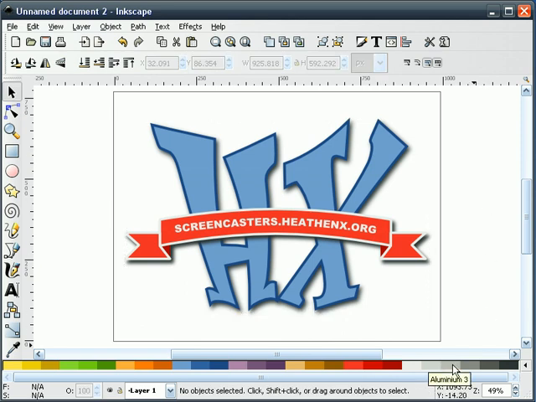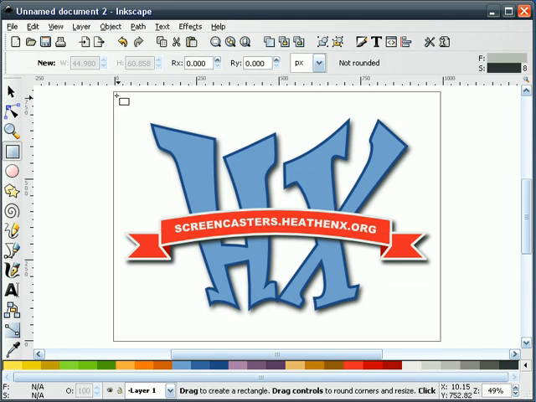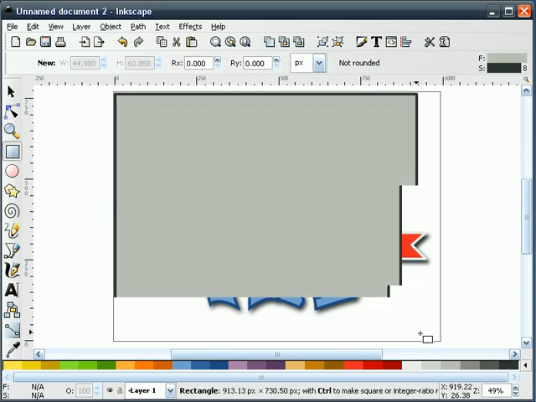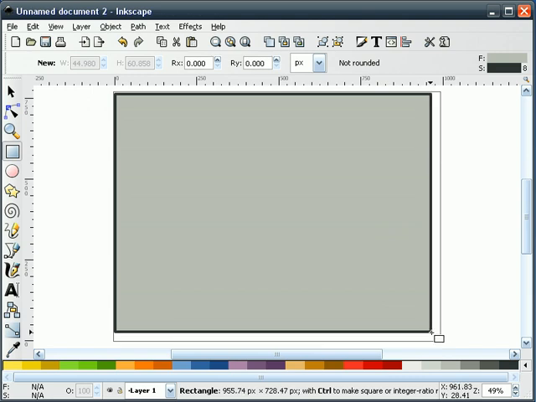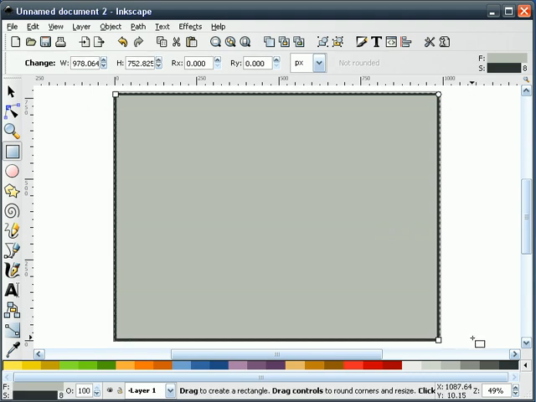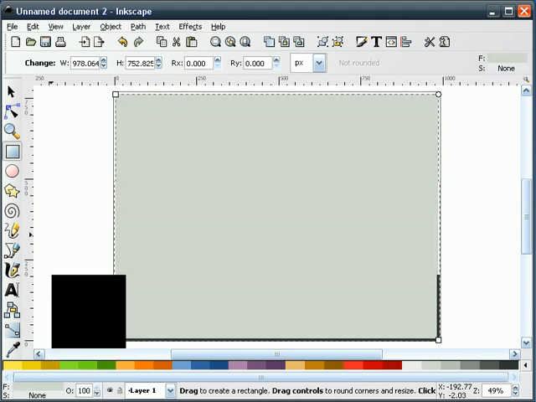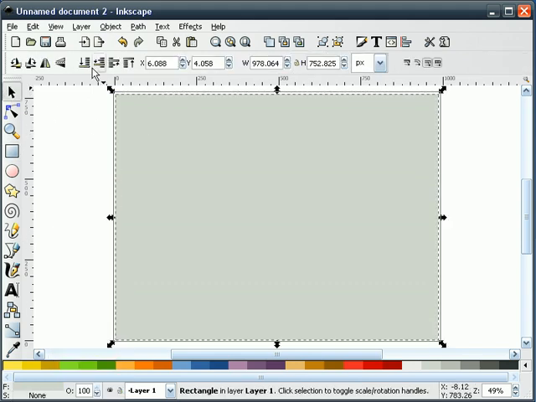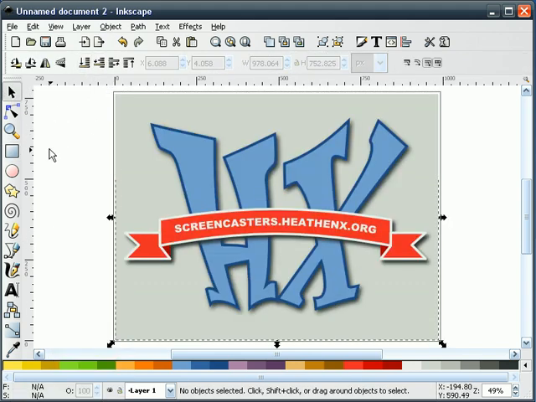Okay. I'm going to draw a dark outline here so you can see what we're doing. Okay, I think that looks pretty good. A little bit wider, and we'll remove the stroke. I'll send that to the very back. And there you have it. This is our ribbon